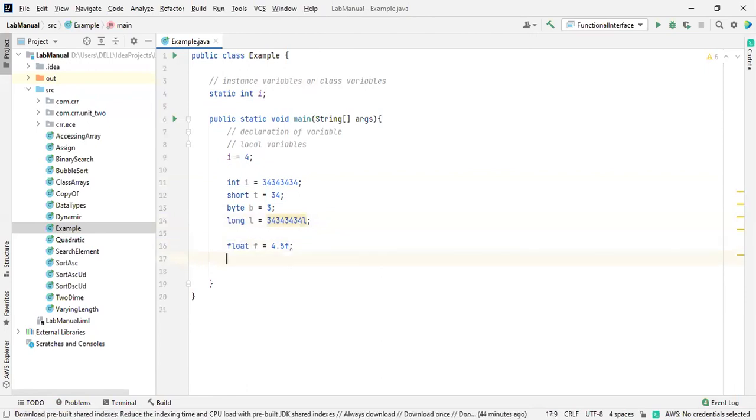So what is the double? Simple, double is the common one. Double d equals 34.6 something. Now this is the double variable. If you mention a D over here, that doesn't matter to the compiler; for our information, a capital D or a small d is also enough. If you remove it, by default it is a double type only. I'm just mentioning the D to show the difference between these two things: one is a float and the other is a double, for decimal values.